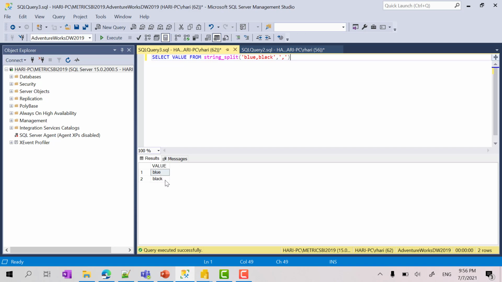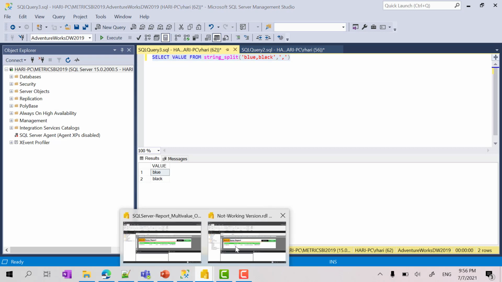When you take a multi-value parameter, by default it is passed row by row. Since ODBC does not support multi-value parameters or multiple values to the parameter, we have to do this kind of process. So I'm going to take this whole syntax, copy it, and go to our report.